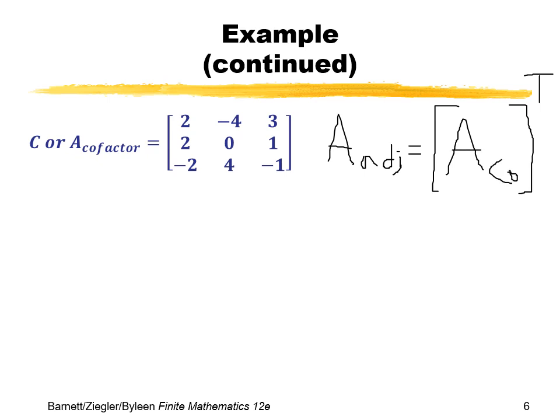We get the transpose, as we said before, by interchanging or by changing rows to columns or columns to rows. So the adjoint will equal,